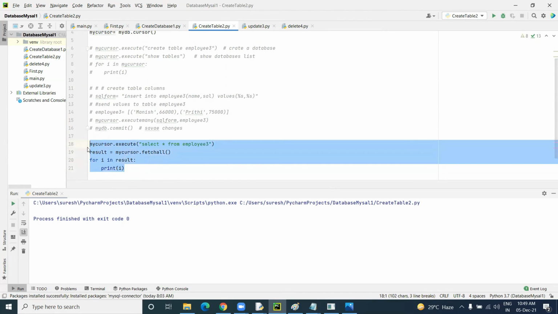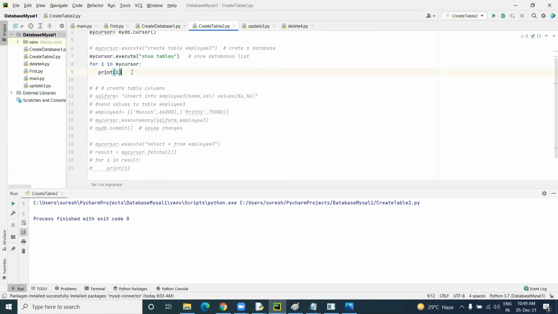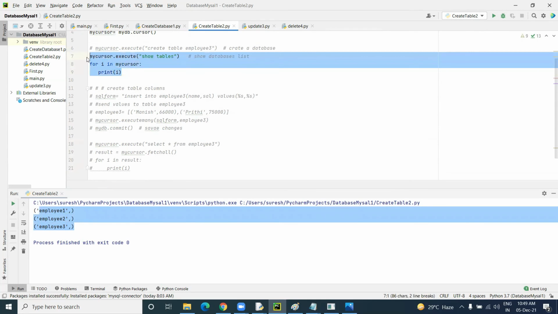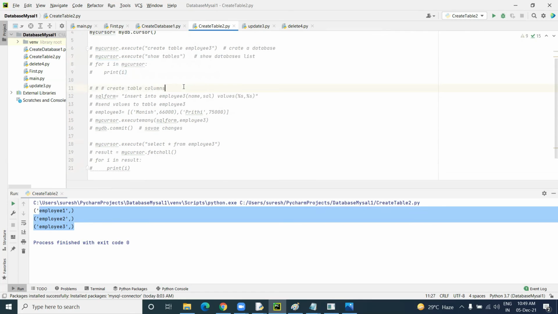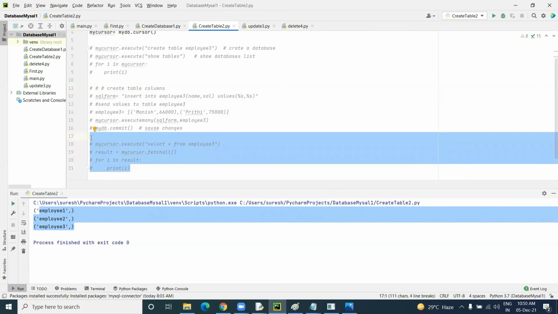How many tables do we want to see? Just use the same command, and for is nothing but iterating over multiple tables. Like we can see by using for i. So we have table one, table two, table three. I want to see the information, so I store the information into the table variable. In the table, what is the information I want to check?